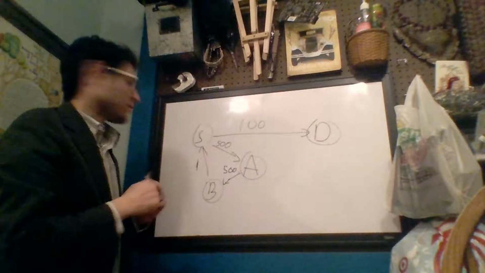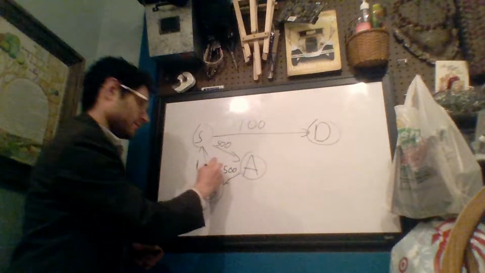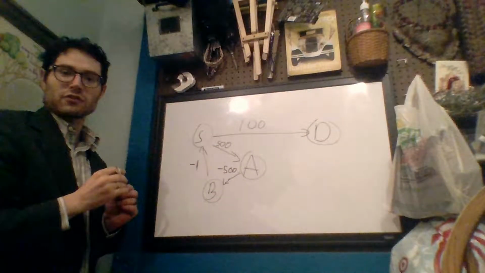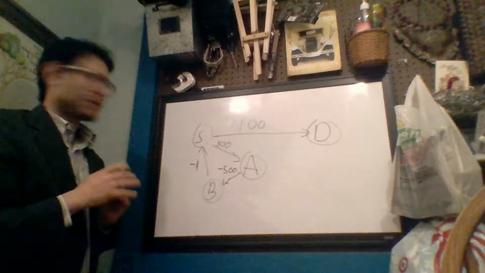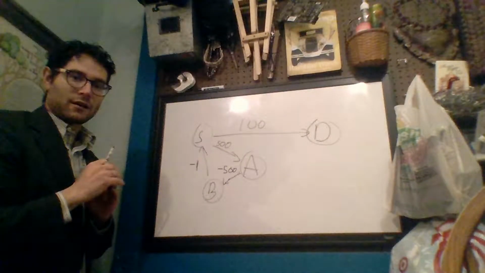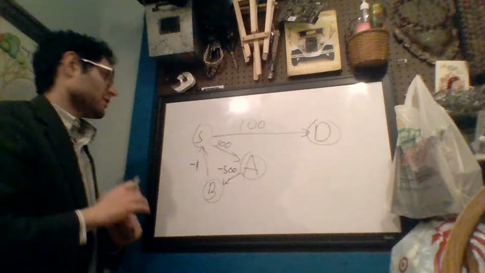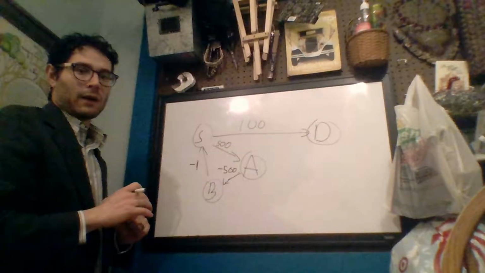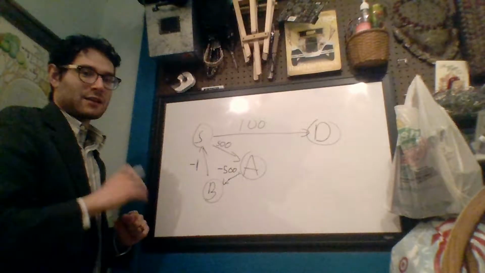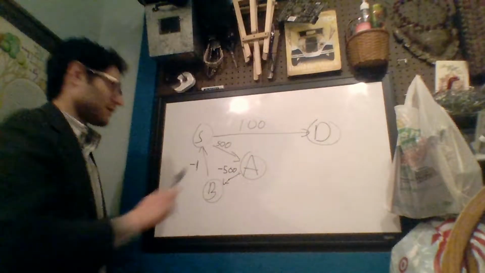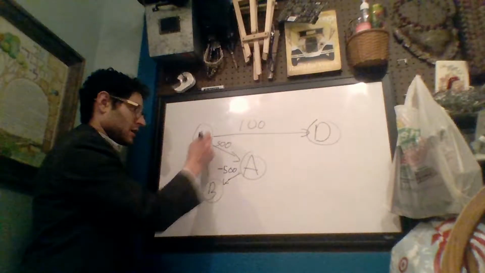Now, let's change that question just slightly. So now, what is the shortest path? Alright, so if your answer is something along the lines of whatever I want it to be, then your answer is correct, right? You can make this as low as you want because this cycle over here is a negative